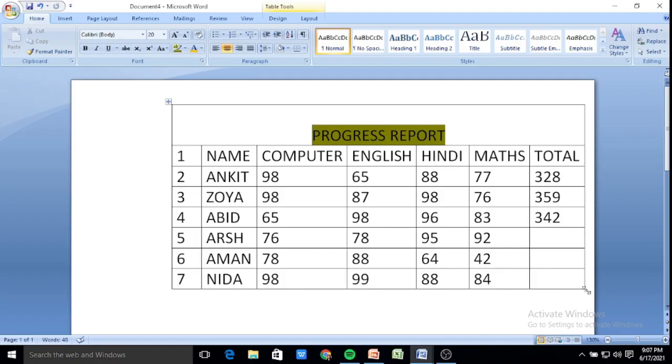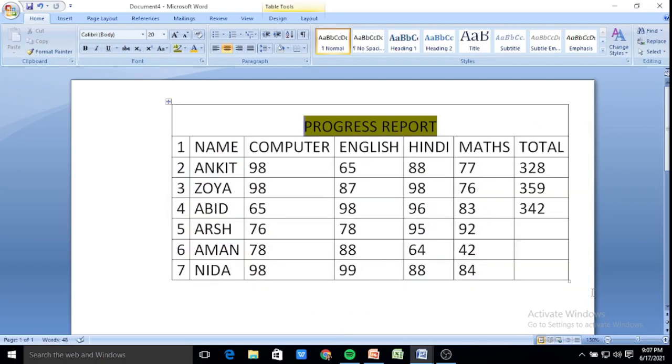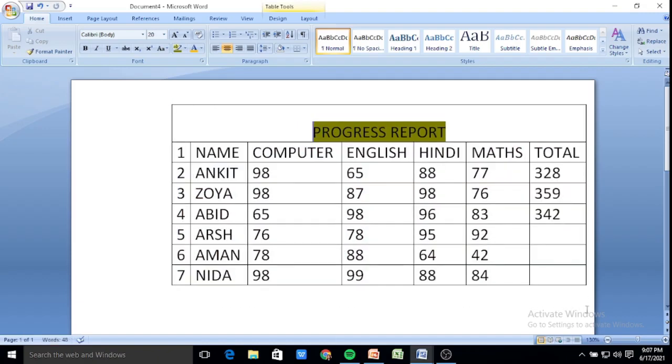Now you can see here there is a double-headed arrow at the corner of the table. This is used for resizing the table. 4-headed arrow is used for movement of the table and double-headed arrow is used for resizing the table. See here, you can reduce the size of the table, you can increase the size of the table. Okay, so this is about moving and resizing of the table.